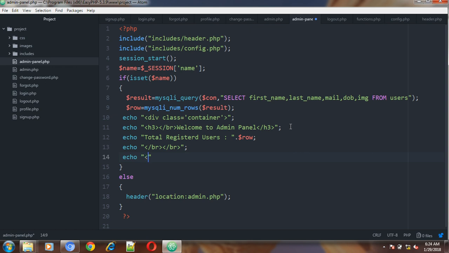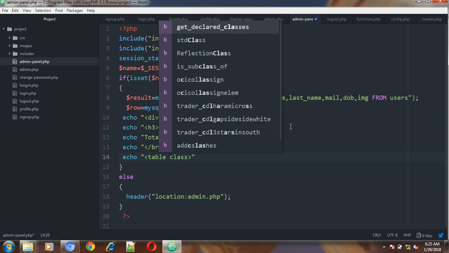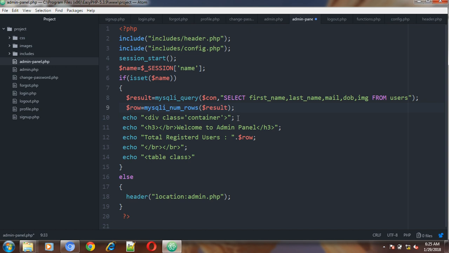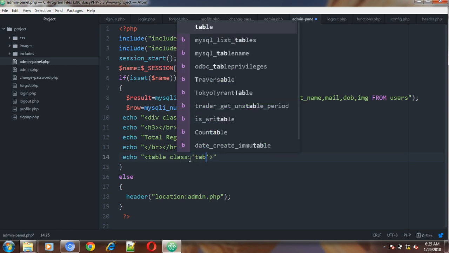We will create a table using Bootstrap. Okay, so we'll give table. We'll give class. Over here also I've used a Bootstrap class, container. Okay, we'll give the table class, the Bootstrap class, which is table